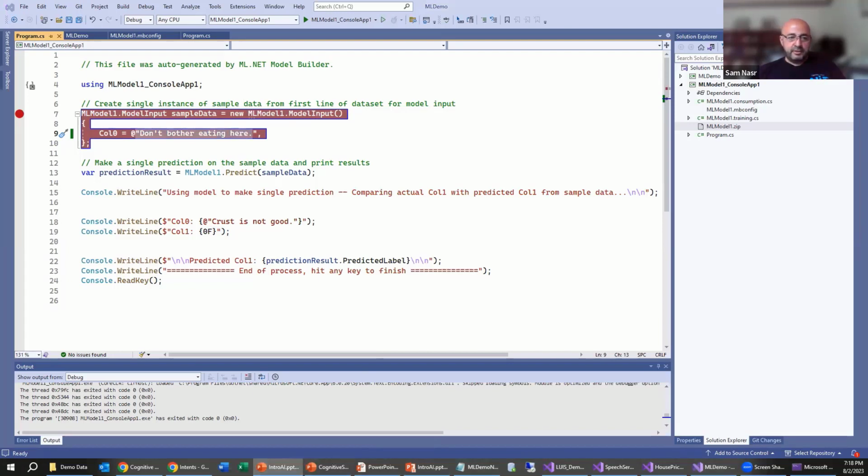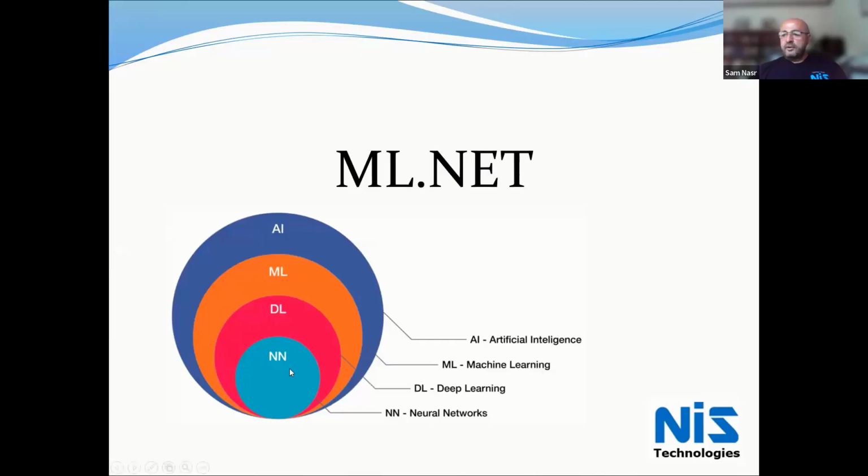And let me share my slide deck again. So we started off by talking about neural networks and how it acts like a decision tree. And then we can build on that by adding in additional layers and making it deep learning, meaning there's multiple decisions that are happening on the back end. And then we're able to get to a level where there's machine learning or supervised learning in this case, because we're labeling the comments that I gave it and providing a label, whether it's good or bad. And so we are now up to this orange level.